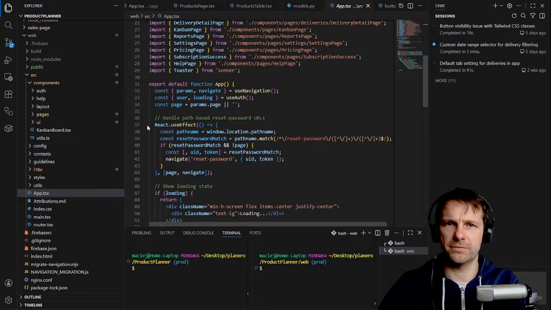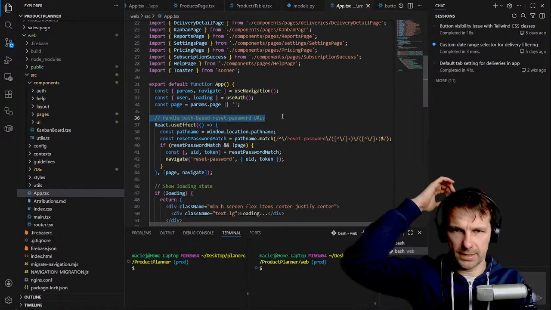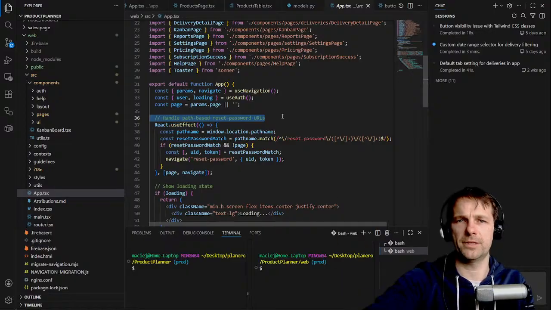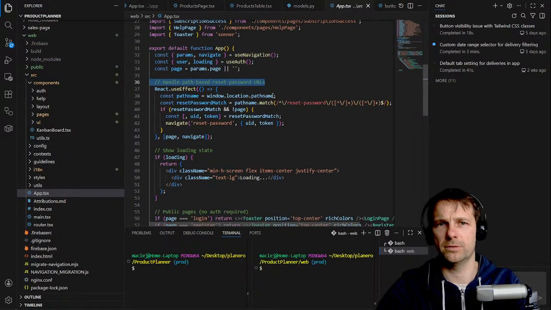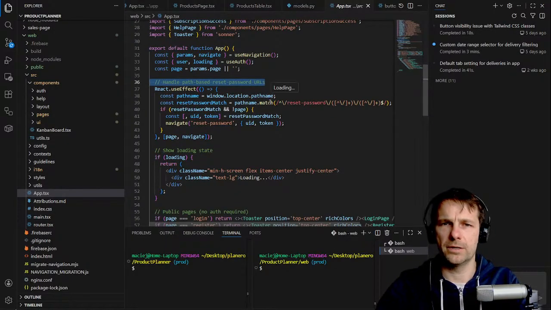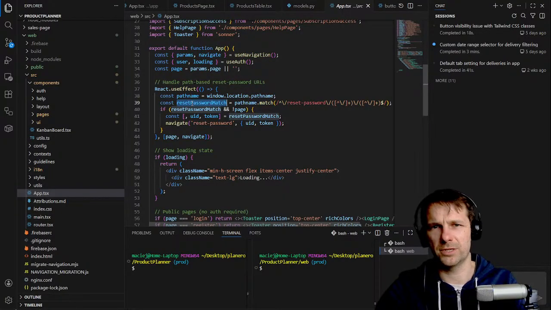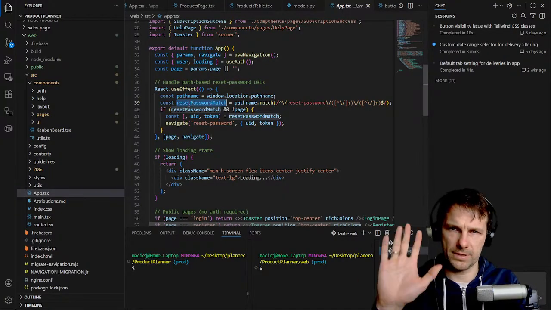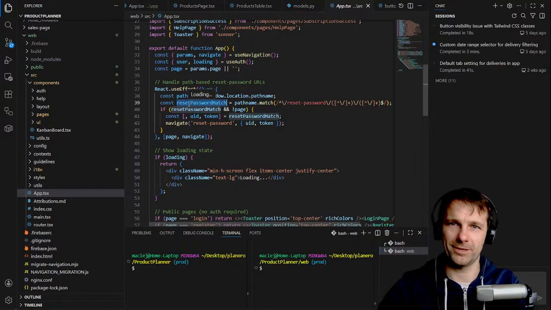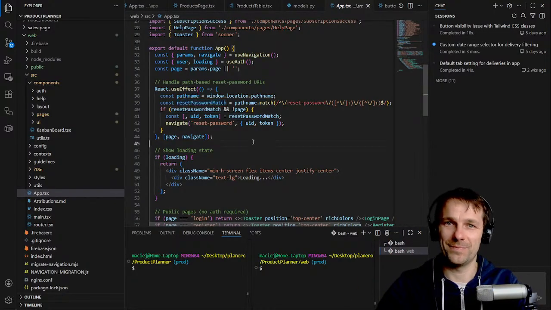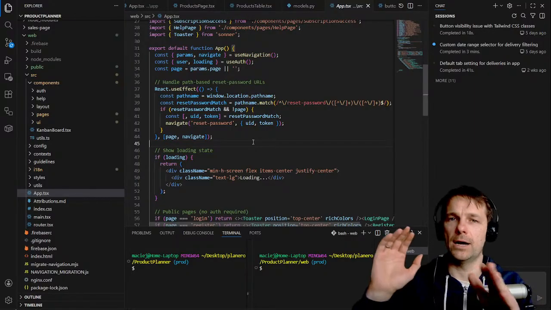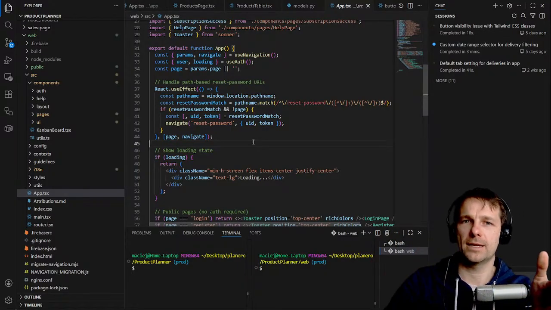So we've got some sort of handle path-based request password URL. Basically, this is some sort of a redirect on the password, so reset password. I'm guessing we are checking some sort of route. This was AI, and I have nothing to do with it. I asked AI to rewrite it because